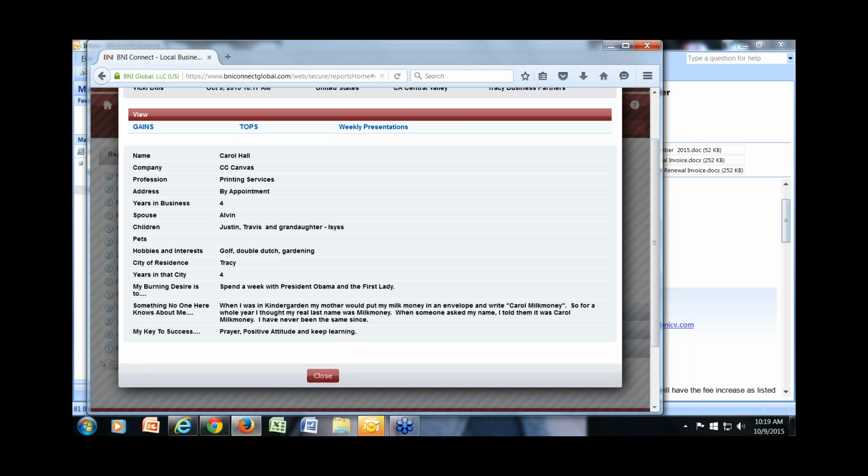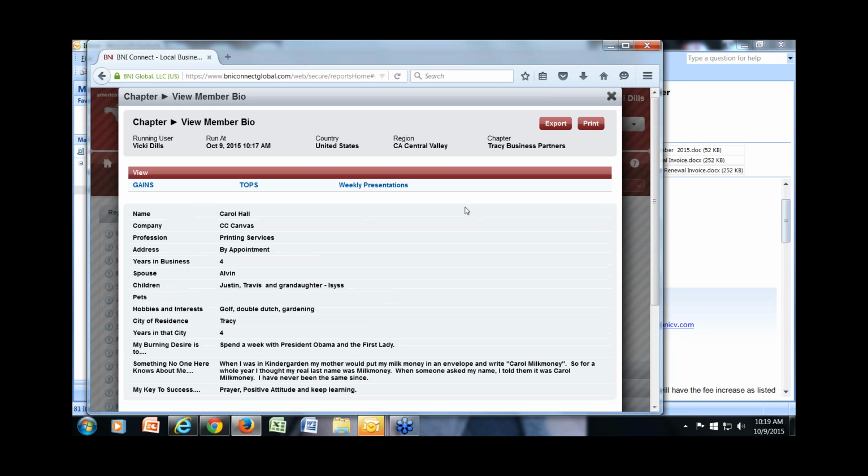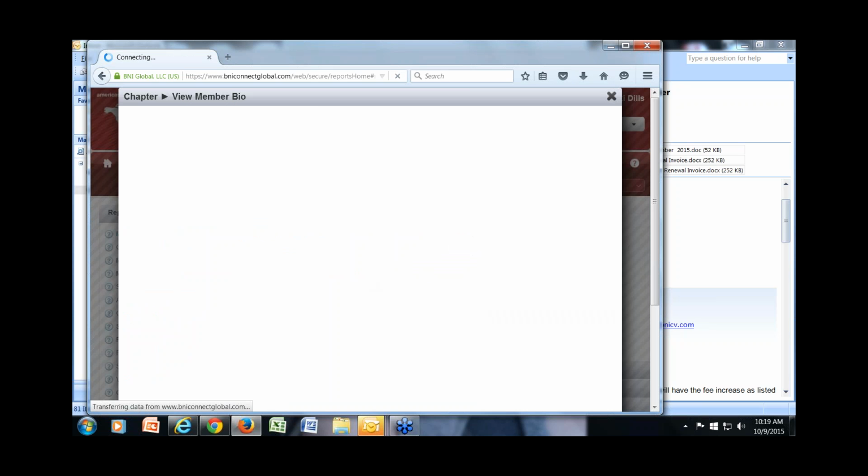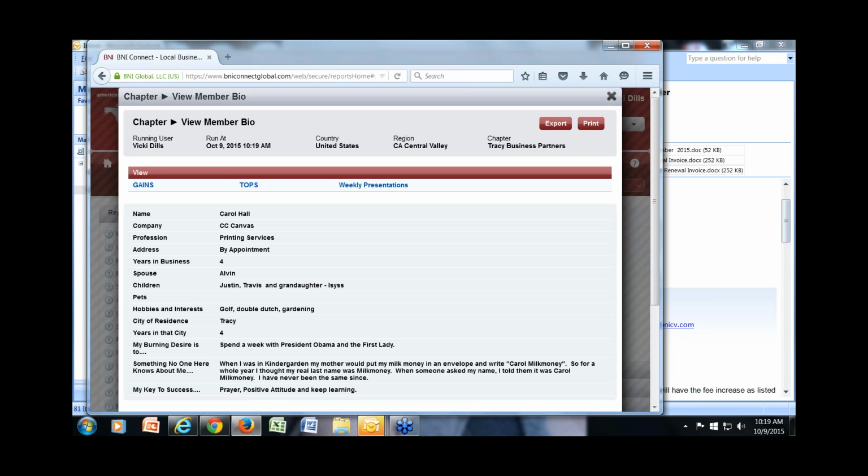Now that's another thing that you need to really encourage. As I went through this program and I looked at some of the individuals, there's nothing on there, and so it leaves them open, one, to not have information on them for people to really know about them, but also make sure they fill out their job description. When you work with your members, they need to know how valuable BNI Connect is, because when they enter their job description, anybody worldwide can type in